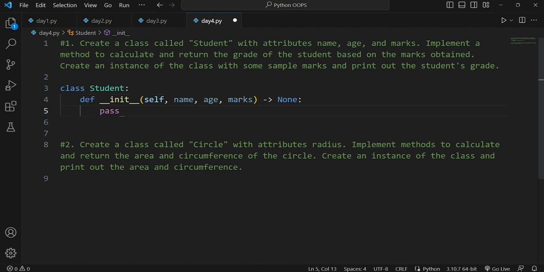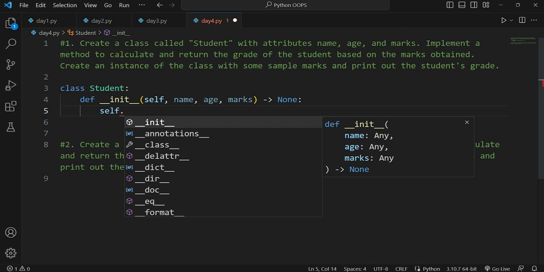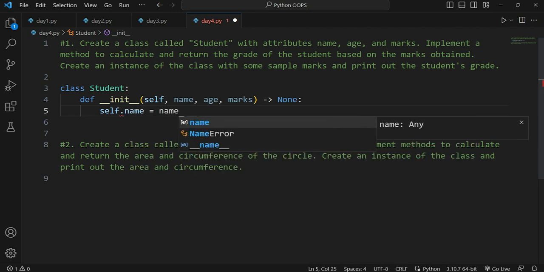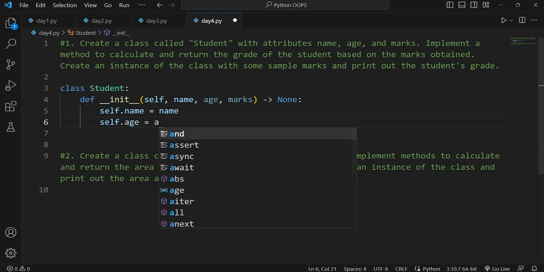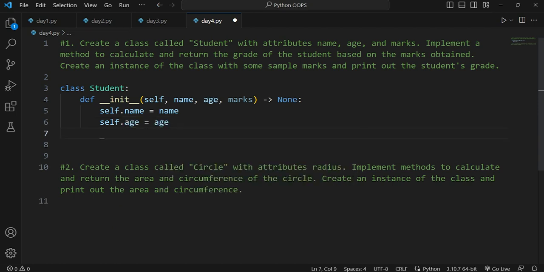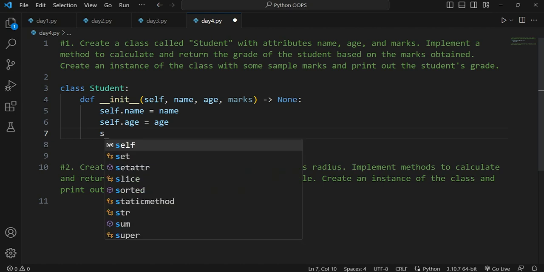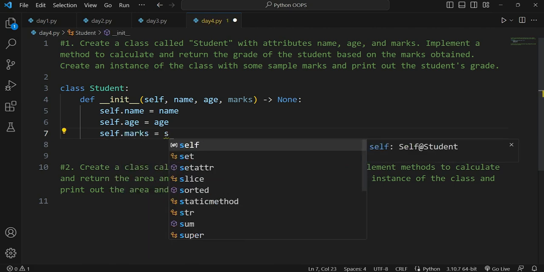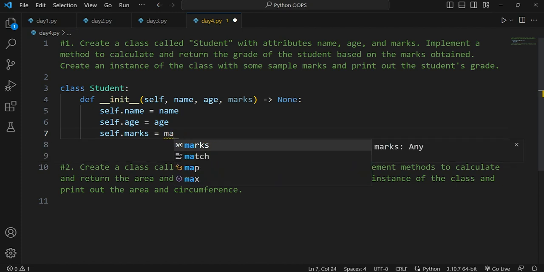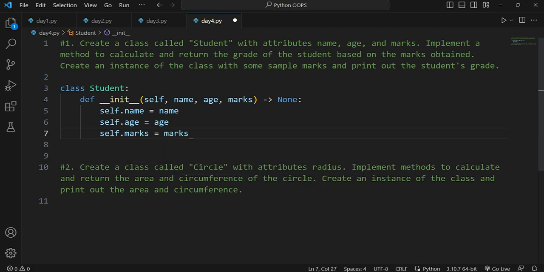marks. Now remove pass from here and say self.name is equal to name, self.age is equal to age, and the last attribute, self.marks is equal to marks. Now we have to create a method,